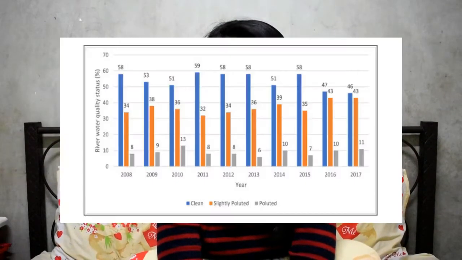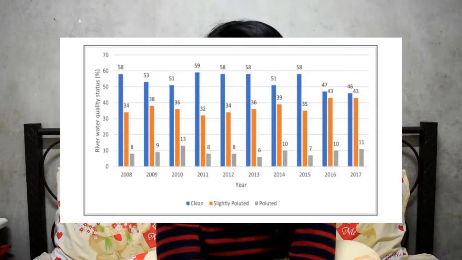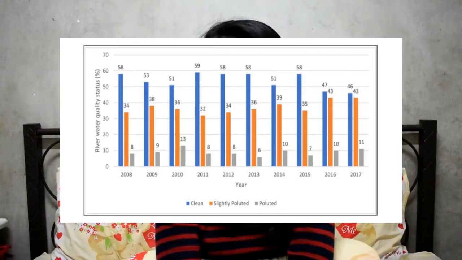and for leisure activities. Due to urbanization and modernization, river water pollution is a severe problem in Malaysia and has an adverse impact on the sustainability of water resources. According to the Malaysia Environmental Quality Report 2016, out of 477 monitored rivers, only 47% of the rivers were classified as clean and the rest were slightly polluted, which is 43%, and polluted, which is 10%.